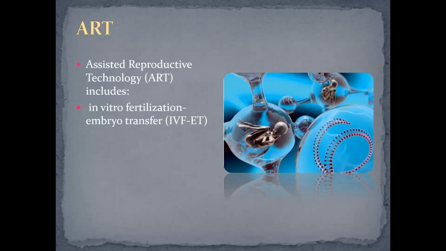It means that first we stimulate ovulation and obtain a number of follicles when they become mature, and we also take a sperm, and after special cleaning of the sperm and obtaining of the follicle, we make the fertilization